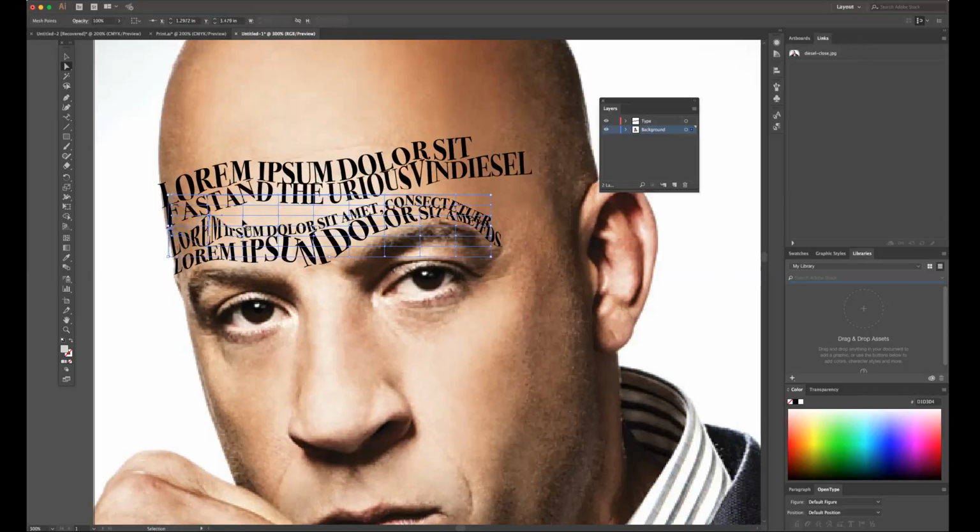Let's see. The idea is to kind of fill that gap there, but if you can't do it without losing the readability of the letters, I recommend not doing it. It's kind of drawing another line on top.